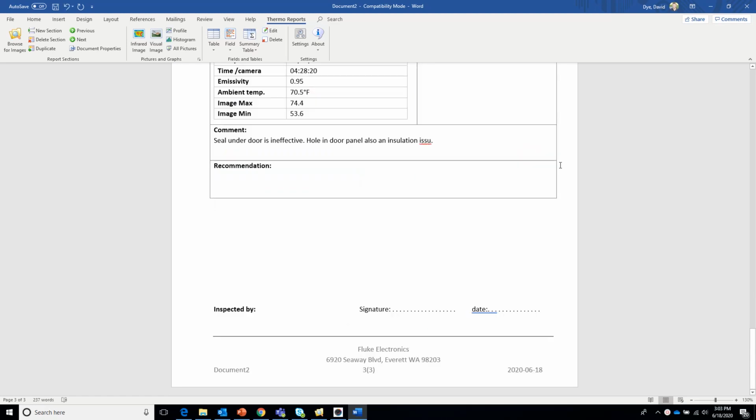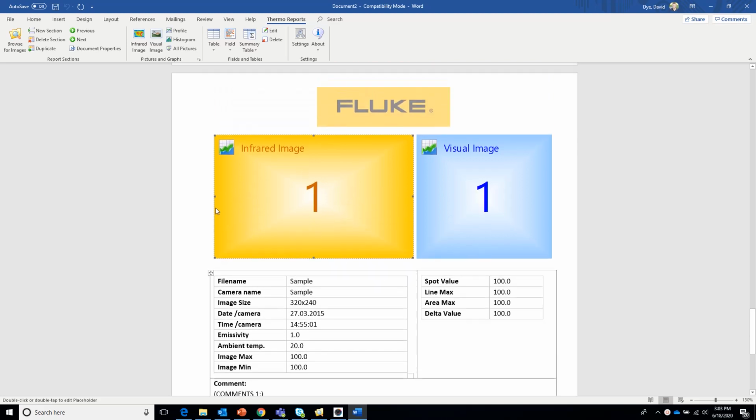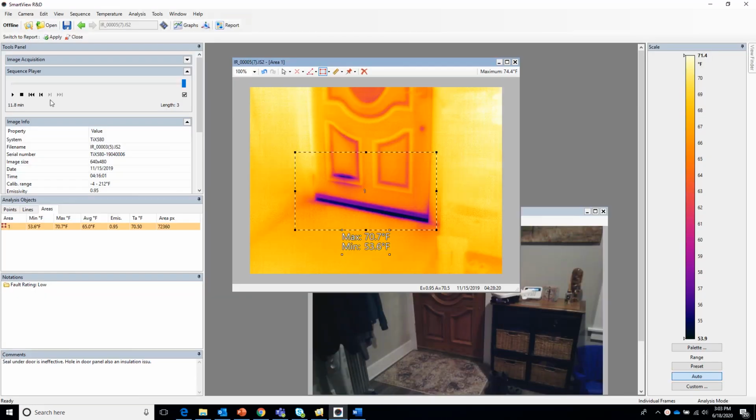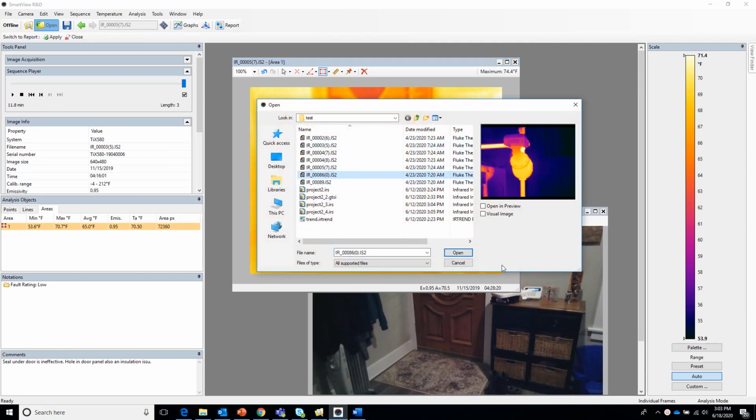After I've created a report and saved it, and I realize I need to add additional images to the report, I can do that by selecting the area in the report where I want to insert an additional page with more images, selecting duplicate here. It will insert a new page from the template with no data, and now I must browse for images. If I want to go find a new image and open it up,